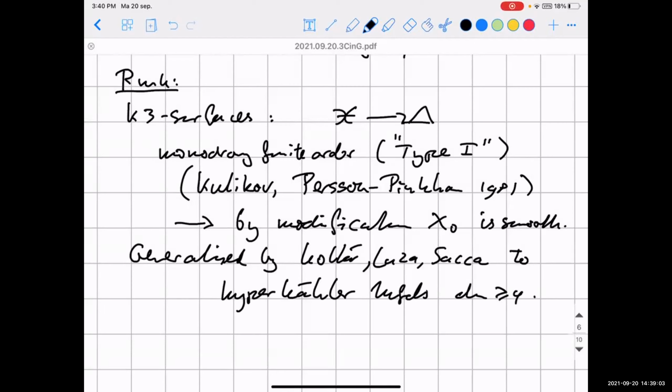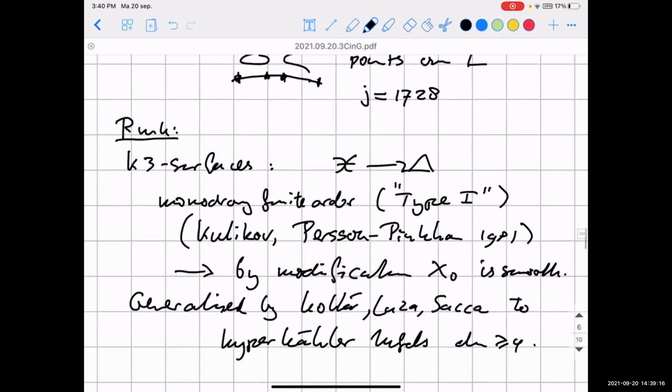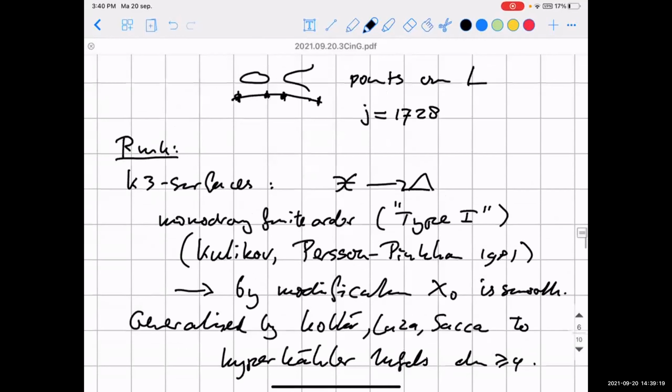And there, an analogous theorem holds that if the monodromy is finite, then you can modify by blowing up and down, you can achieve that you have a smooth family. Here, there is no hope that you can do that. In fact,